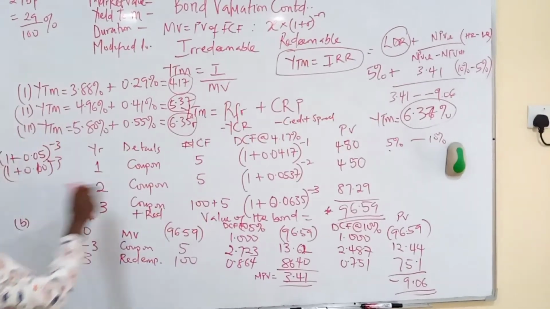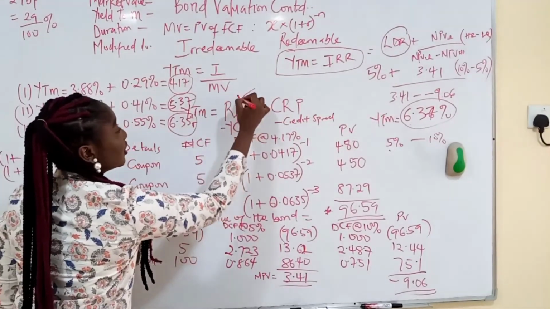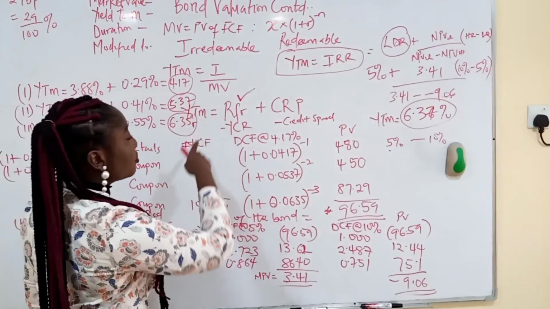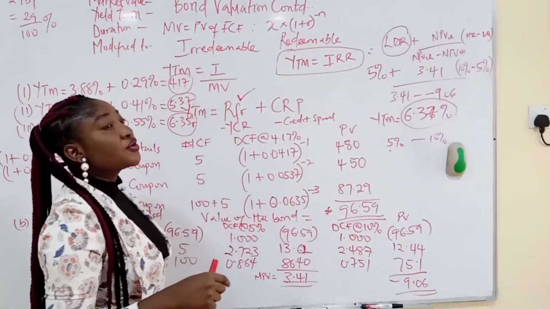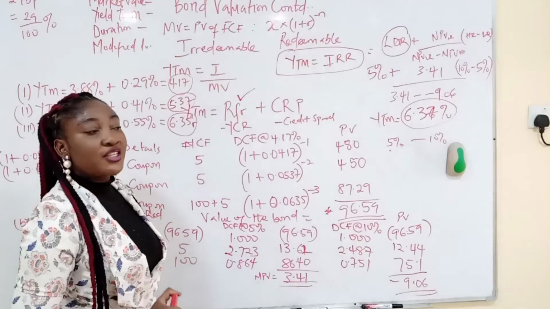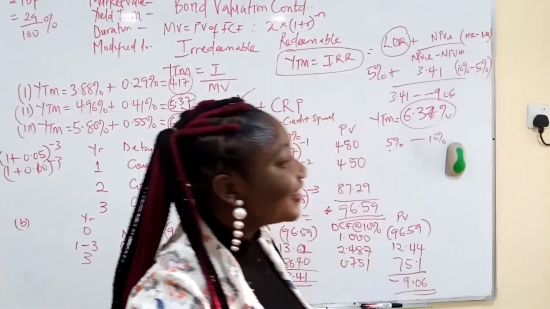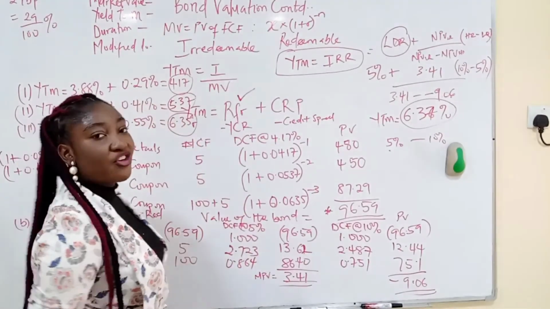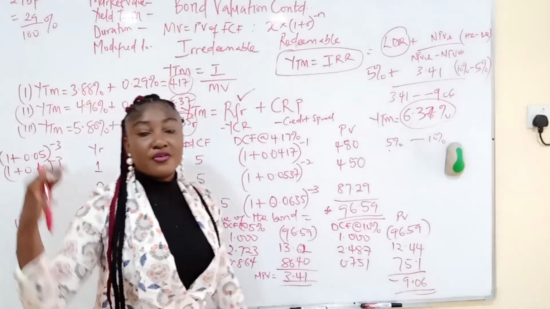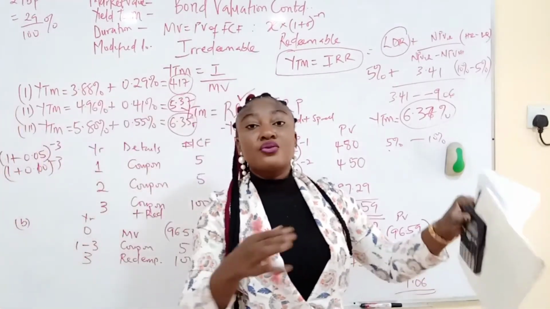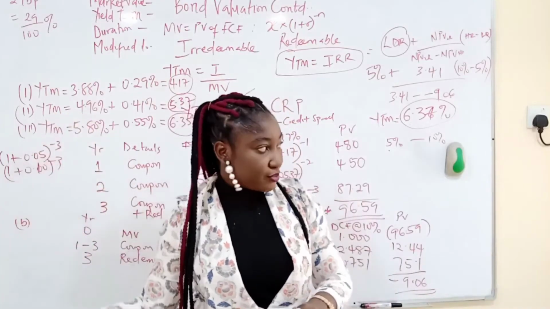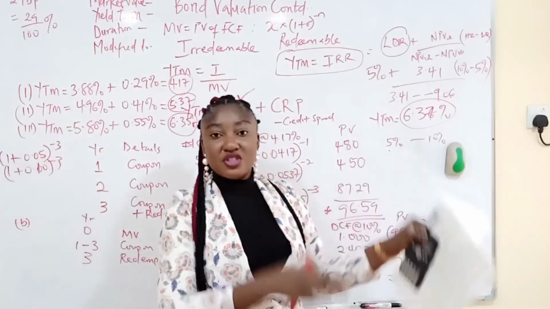Now let me say something. Sometimes they won't give you these risk-free rates. You know this risk-free rate is the government rate on treasury bonds. Sometimes they won't give you the government rate. They'll tell you to calculate the government rate. They'll give you the market value of government bonds, what it is trading at in the market, then they'll give you the interest,